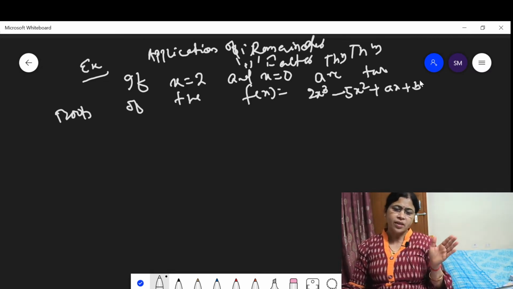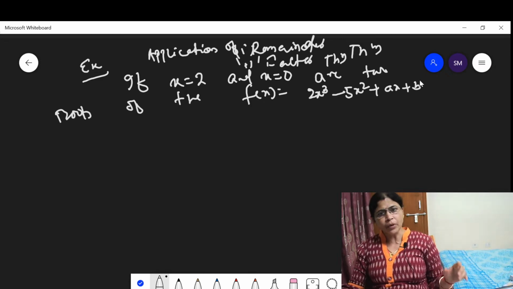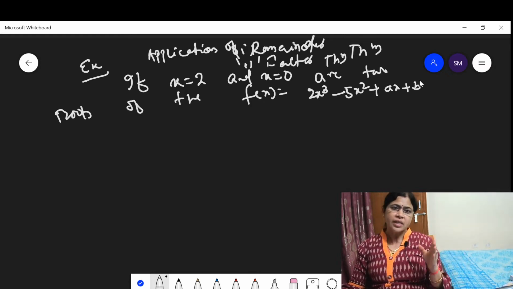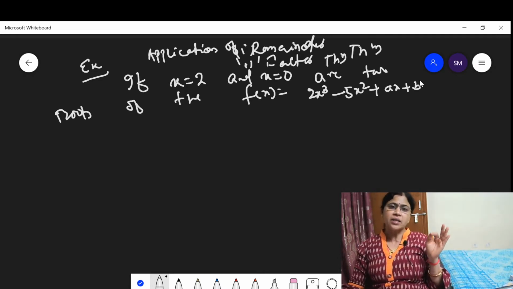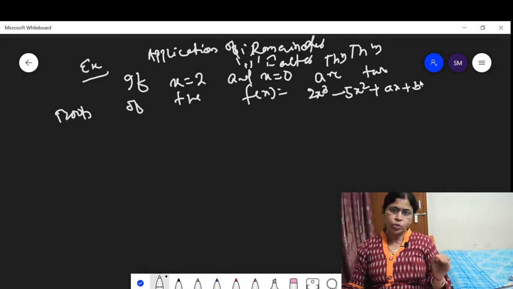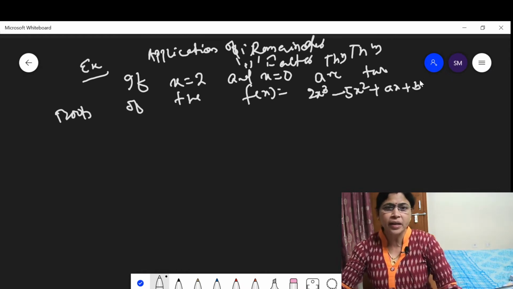Then here the question says that if x equal to 2, I have already told you I will discuss all the examples, which are applications of remainder theorem and factor theorem. This example is based on application of factor theorem. Here the question says that if x equal to 2 and x equal to 0 are two roots of the polynomial f(x), which is equal to 2x cube minus 5x square plus ax plus b, then find